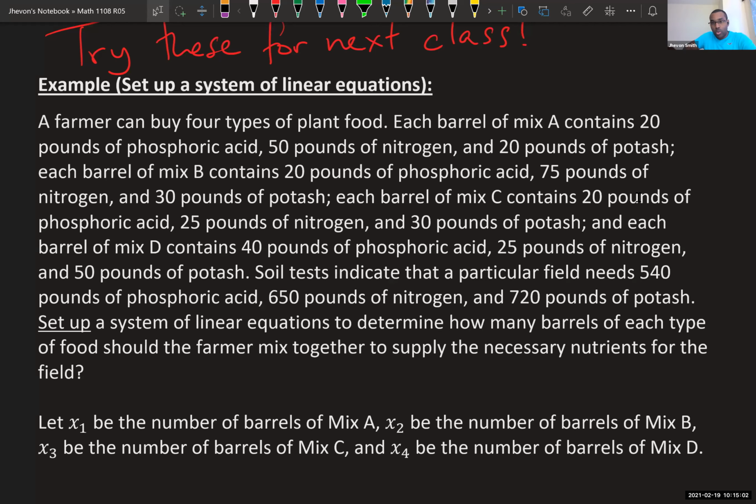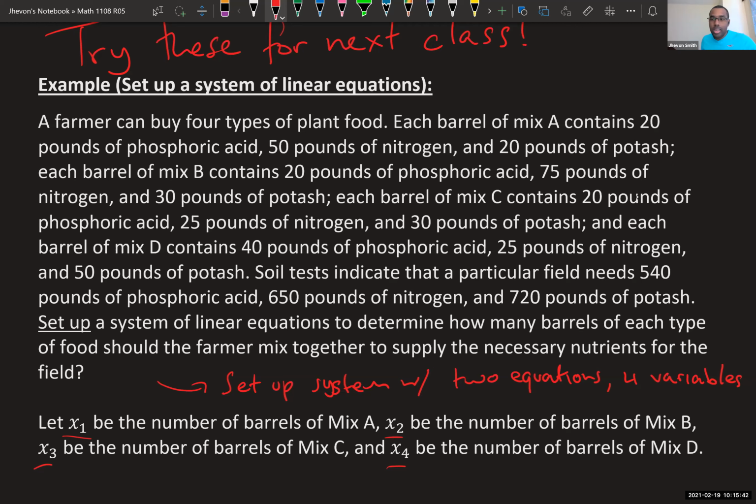In the first one, it's just a setup. You don't have to solve it. It says here, set up. So ultimately you're going to set up a system with, I think, 2 equations, if I remember correctly, and 4 variables. I list the variables down here: x1, x2, x3, x4, right? So you're going to read this problem, figure out what needs to be done, and set up a system of equations